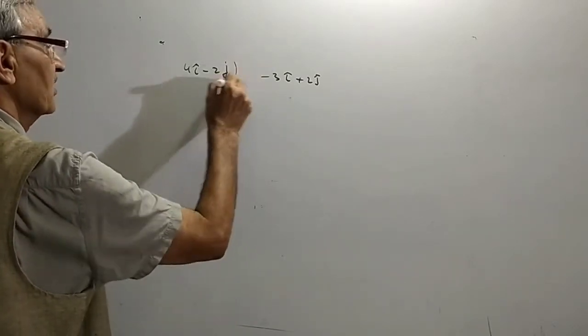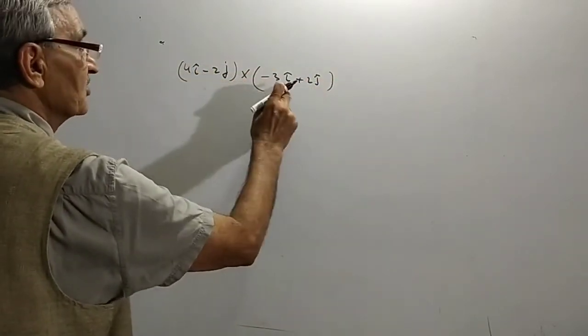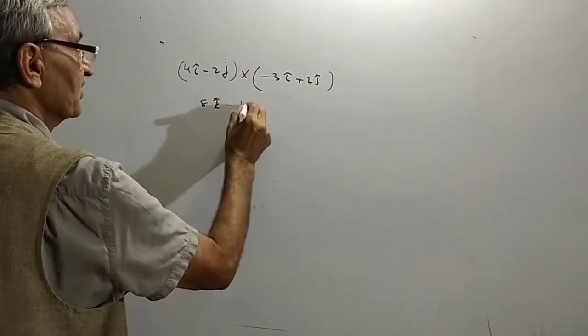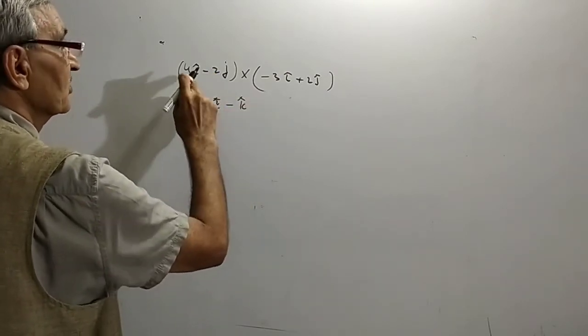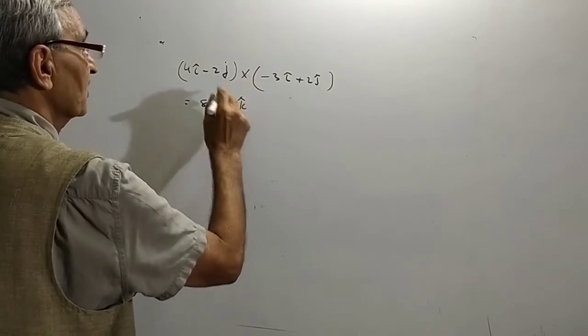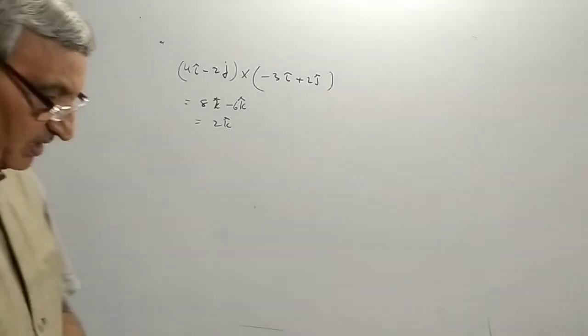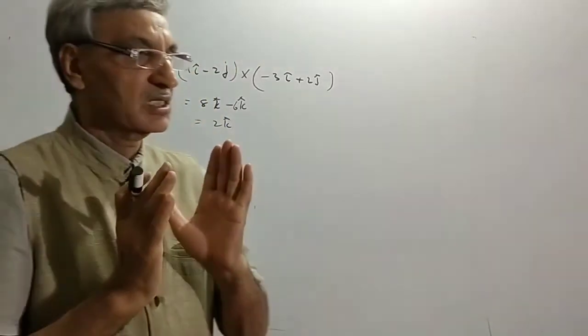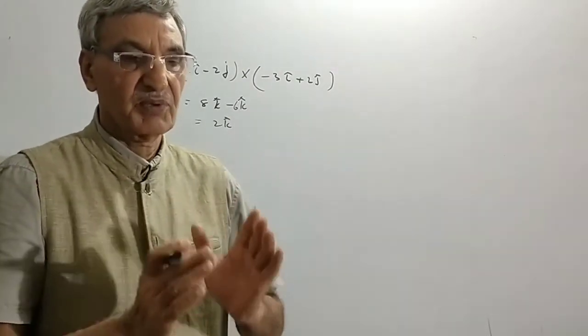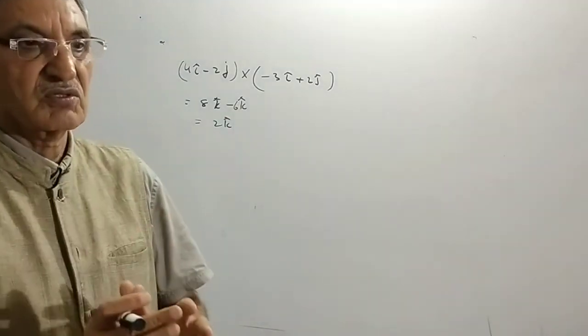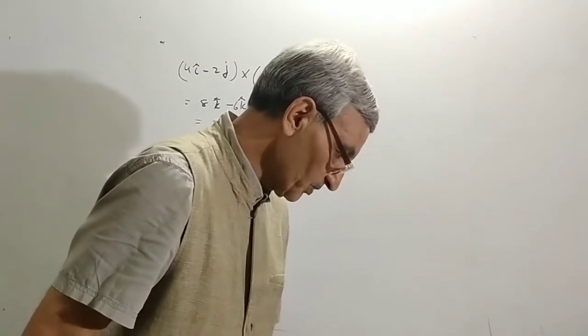If I do this by multiplying the cross product, i cross j is equal to k, so 8k, and j cross i is minus k because it is opposite, so 6, and the answer is equal to 2k. You could have done it like that also. So this can be done to find the angle between two vectors, to find the vector perpendicular to two given vectors, and to find the vector which has a given magnitude and is perpendicular to them. This type of question they ask in the examination.